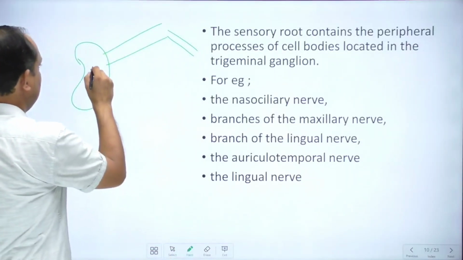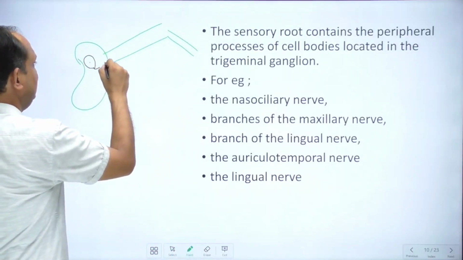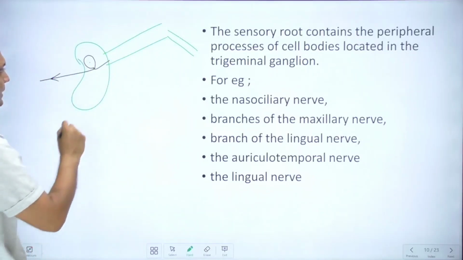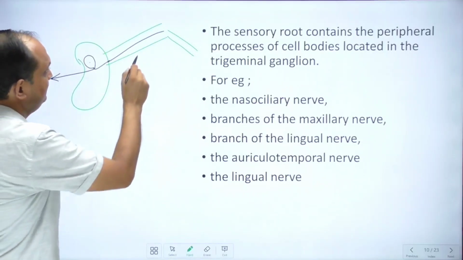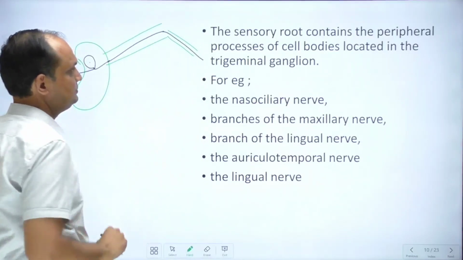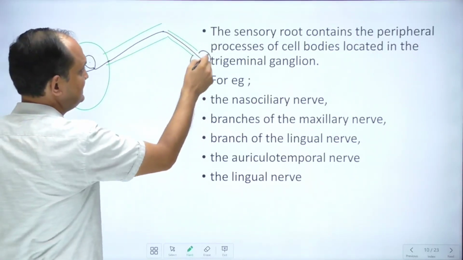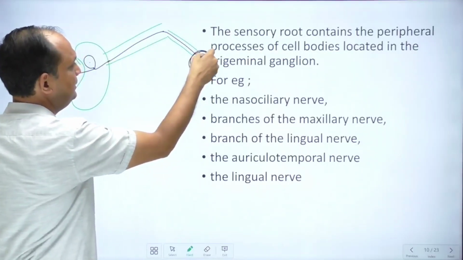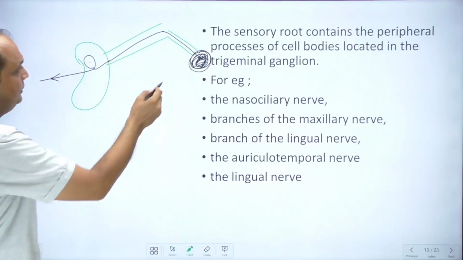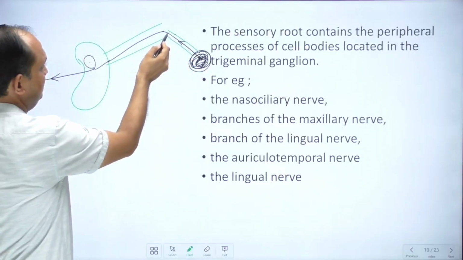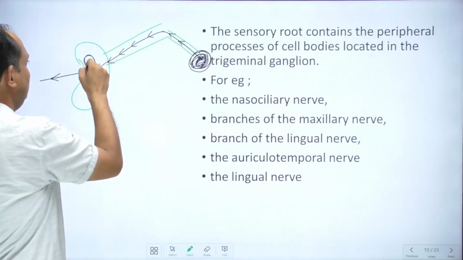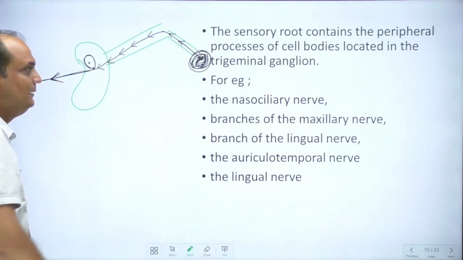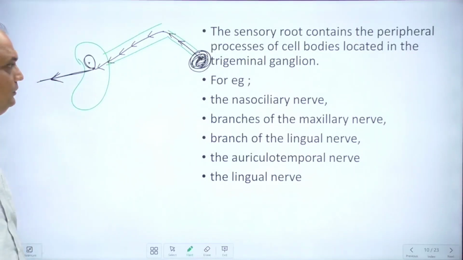Now this is the neuron. This is the central process which is going into the brain. This is the peripheral process which forms the ophthalmic division, and from the ophthalmic it reaches the nasociliary, taking sensation from some part of your face. Clear? So the sensations enter from the nasociliary to the ophthalmic, and then ultimately the neuron is here, and they pass to the brain through the central root.